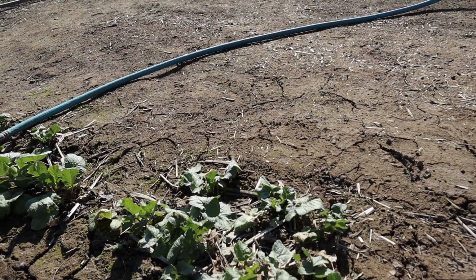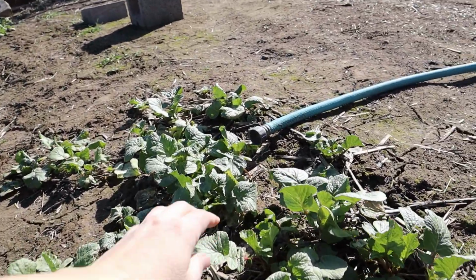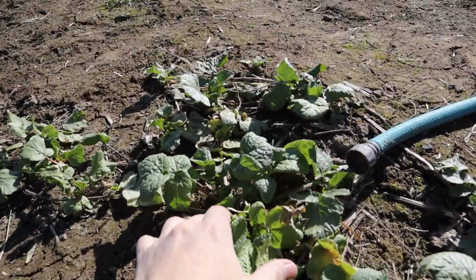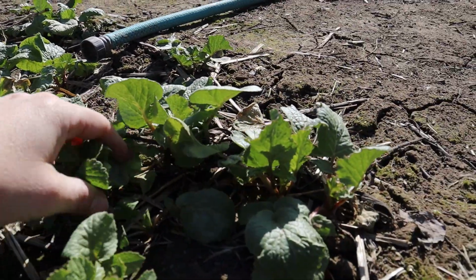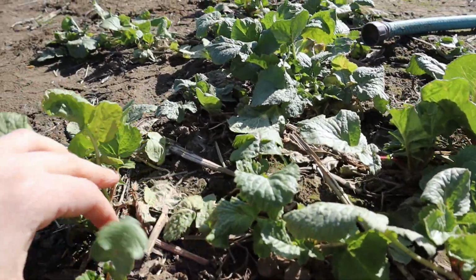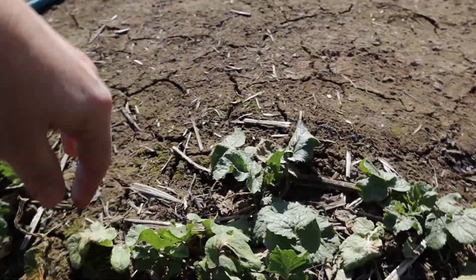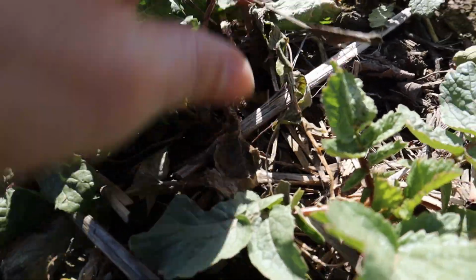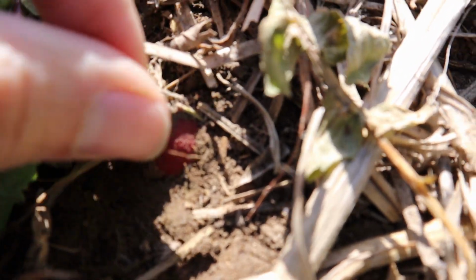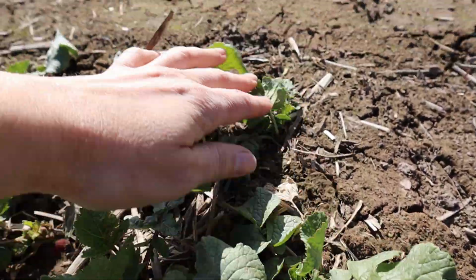So here's the radishes, and you can see the greenery is still fine. I don't know that I see any bulbs forming per se. That doesn't mean they won't, but I'm kind of leery that they will grow bulbs. I think they might just, oh, wait, what's that? I see a little bit of a red bulb there. Let's get some light on it. There you go. So we might get a few radish out of this,